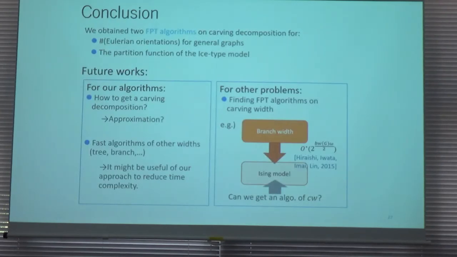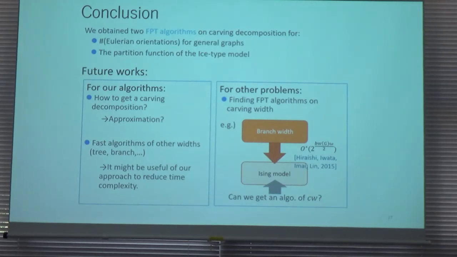So this is the summary. We introduced two algorithms exploiting the curving decomposition. One is for the Eulerian orientation problem, and the other for the ice type models. There are some future works. One is how to obtain the time complexity of the curving decompositions. One possible way is an approximation of the curving decomposition, and the other is